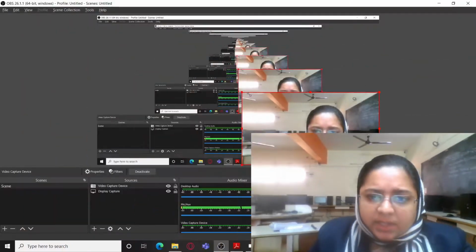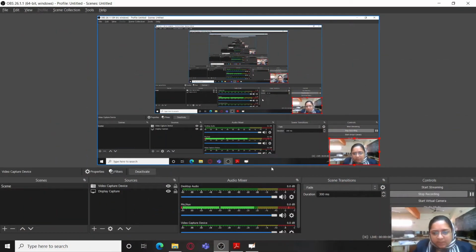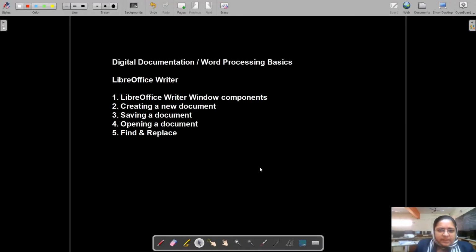So let's start with today's lesson, the objectives of today's class. We will be discussing basically digital documentation, that is word processing basics. In your Comdex textbook, word processing basics is the name of the chapter, and digital documentation in the NCERT textbook. In your Comdex textbook MS Word was discussed, and in the NCERT textbook